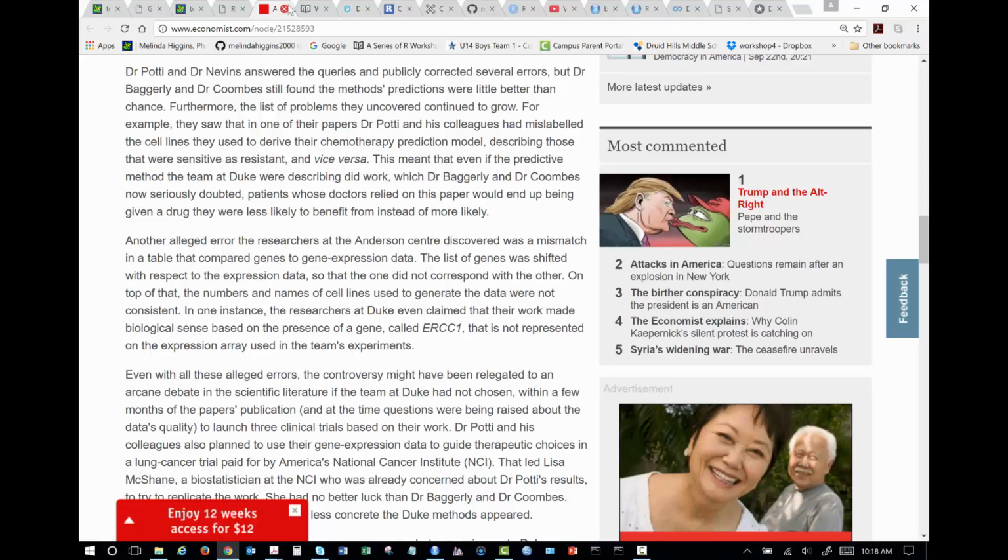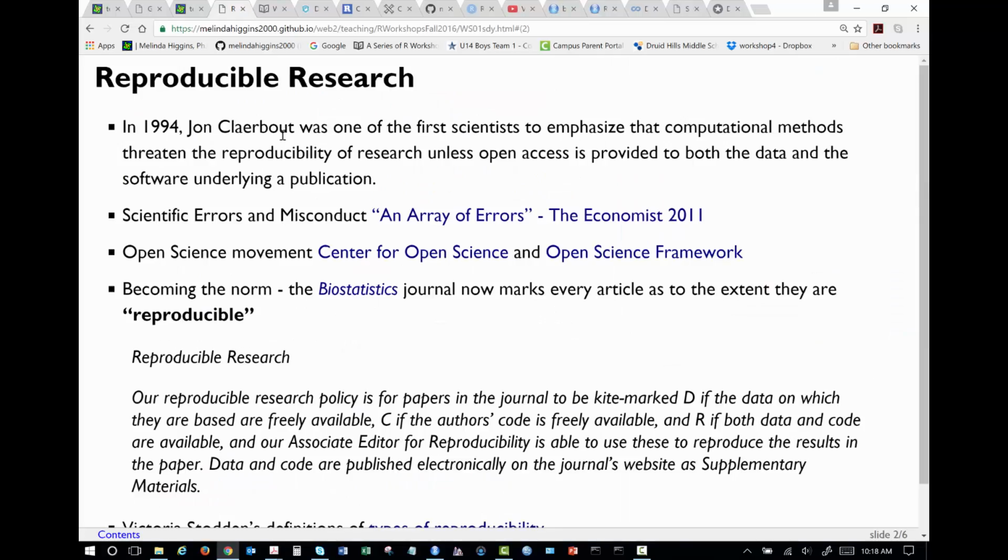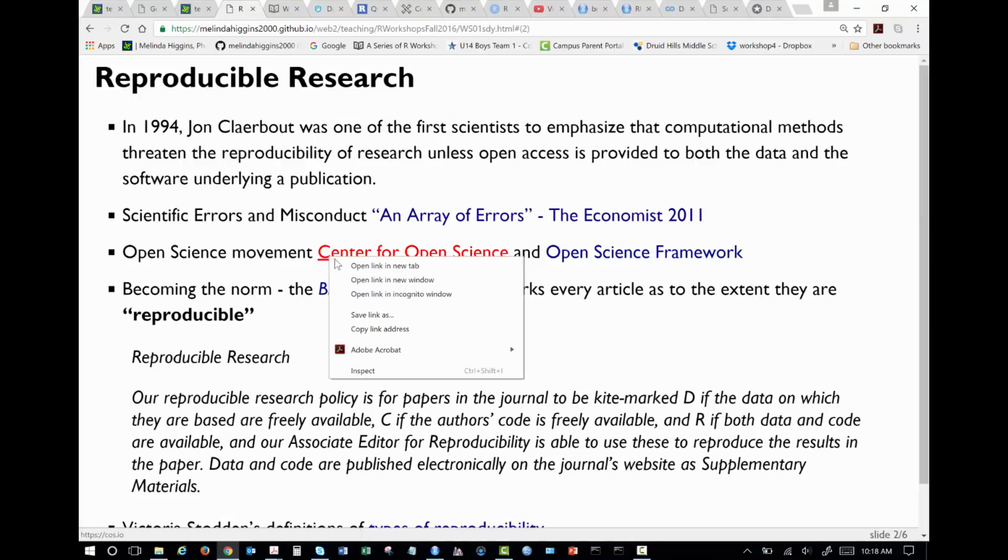So if you're interested, there's tons that's been written on this. Like I said, Dr. Baggerly, there's a fantastic hour-long TED Talk on this, especially any of you guys that are interested in the gene expression analysis. This whole movement, too, has now become a thing. There's a whole Center for Open Science. This is an international movement.